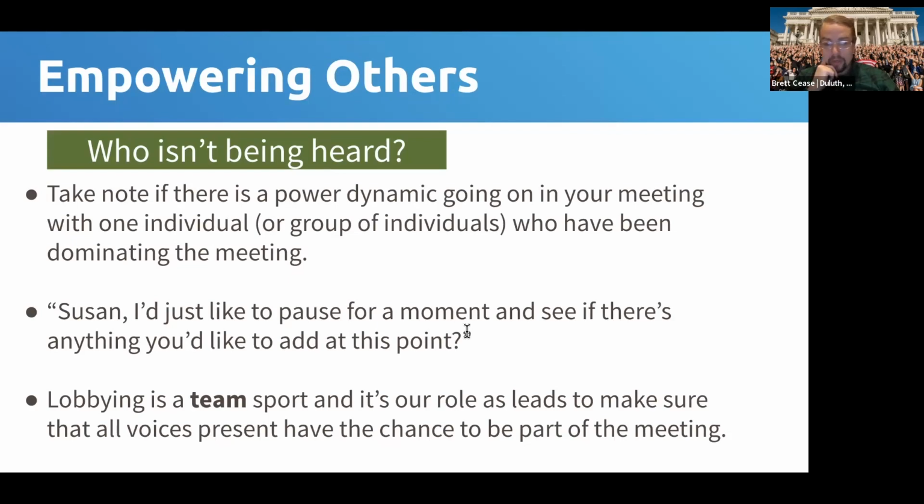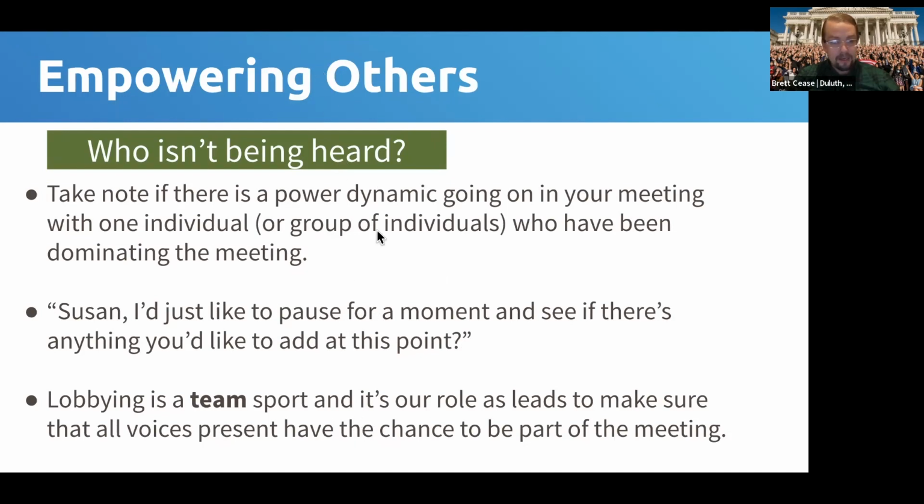So one of the ways we can do that is taking note as you are seeing the meeting unfold, obviously, on who's not being heard, especially if somebody is being too vocal or the game plan is diverging from your original meeting planning. You want to take note, especially if there's a power dynamic going on in your meeting with one individual who just keeps dominating it. And again, one of the phrases we love saying and reminding each other is lobbying is a team sport. So it's our role as leads to make sure that all voices are present, to have a chance to be a part of that meeting,